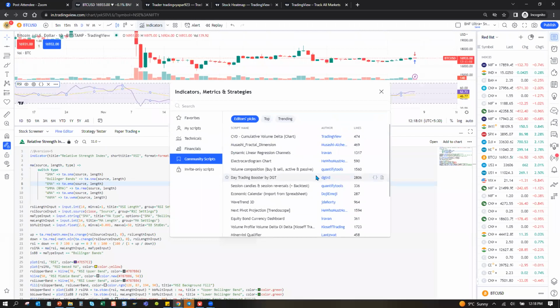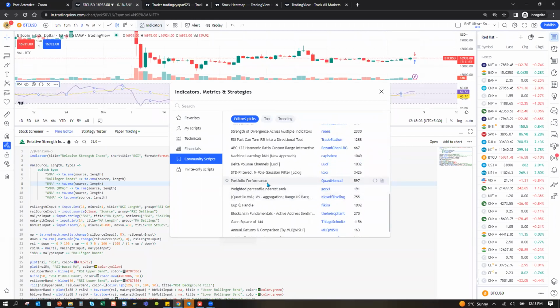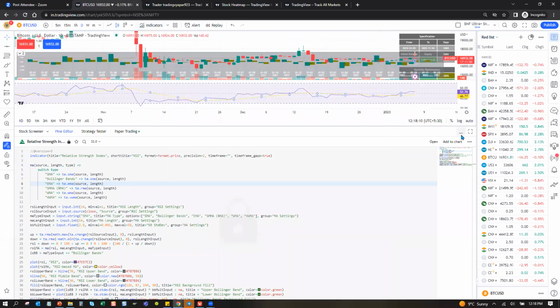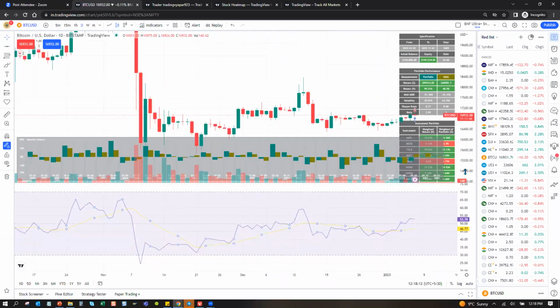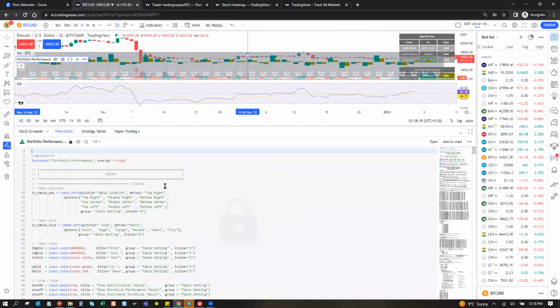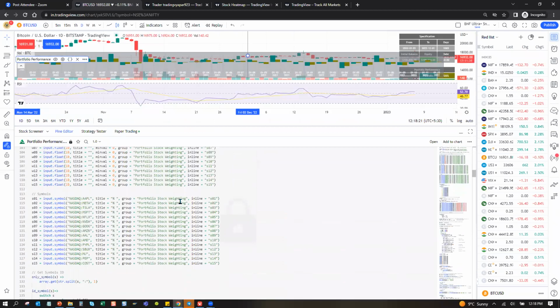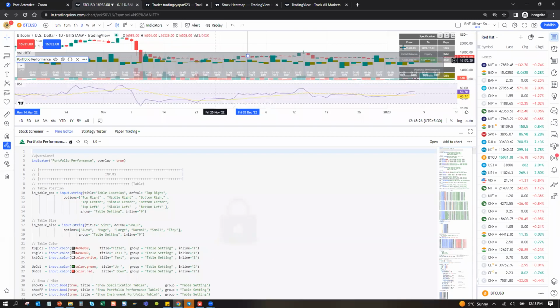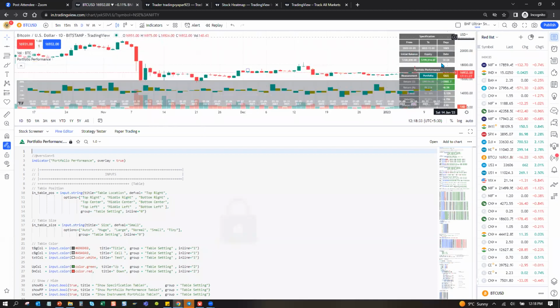Then there is a plethora of indicators published in community scripts. For example, I'll pick this person, Quant Nomad, who is very famous and very helpful. I follow him on Twitter as well, and he's on YouTube too. Now, this indicator is about portfolio performance, some high-funda stuff he has done. You can see his code here. If you want to learn coding, first analyze what information he is trying to present in this indicator.